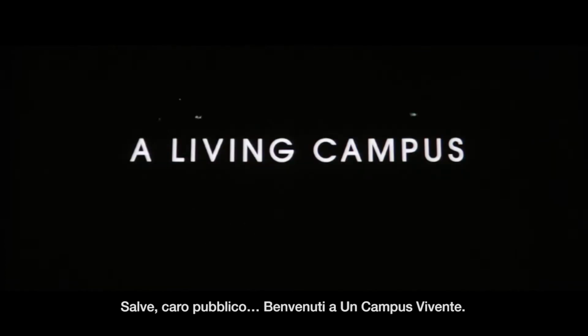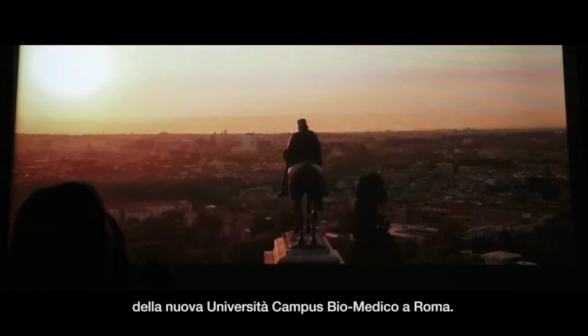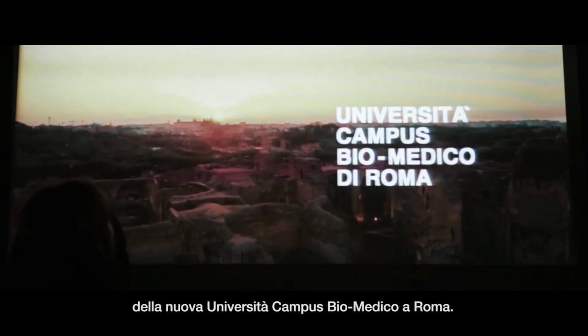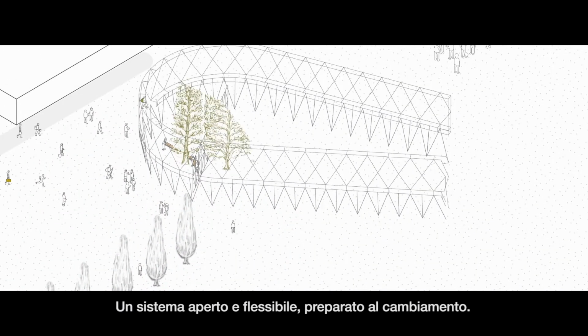Hello, dear audience. Welcome to A Living Campus, a quick course to uncover the curriculum behind the conception of the brand new Università Campus Biomédico in Rome. We will focus on explaining the 4 basic operations that make this campus an open and flexible system prepared for